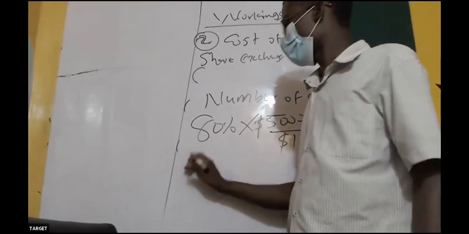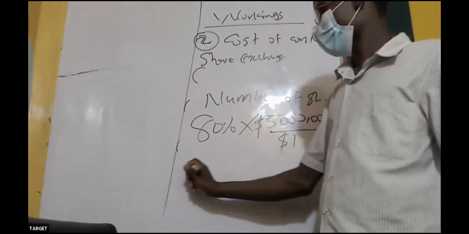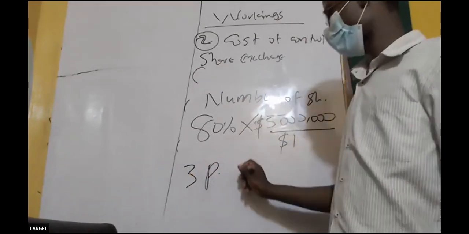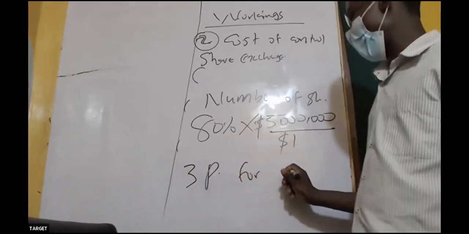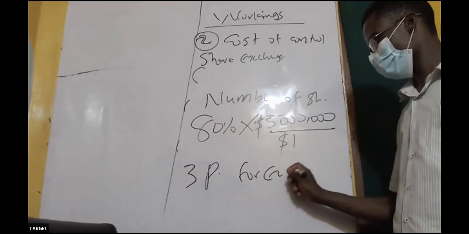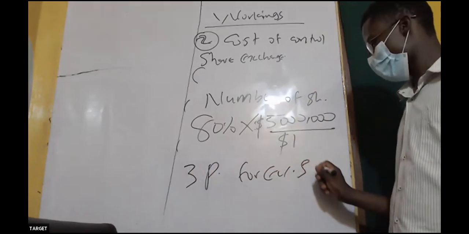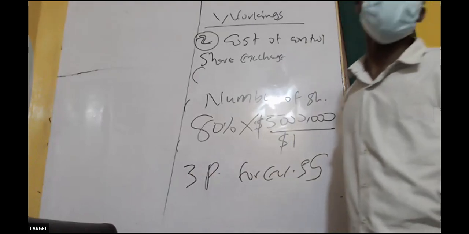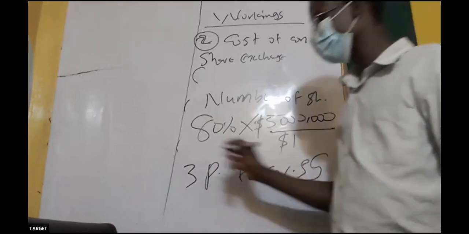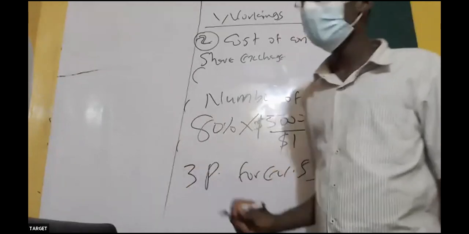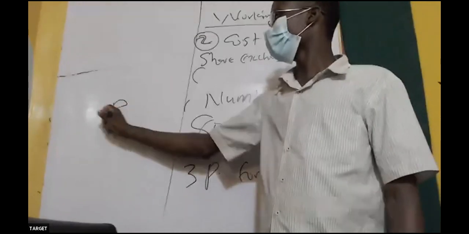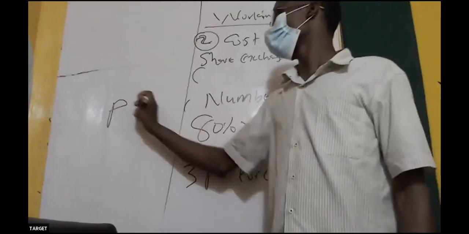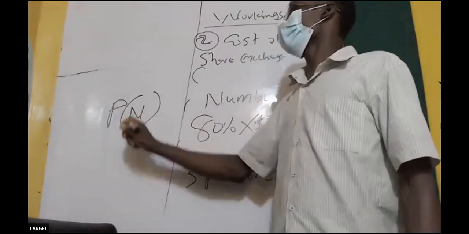There's 3 shares in P, the parent, for every 5 in S. So we call this 3 for 5. Always please let the parent share come on top, the number of shares the parent is giving out. So we call it the new shares you are giving out